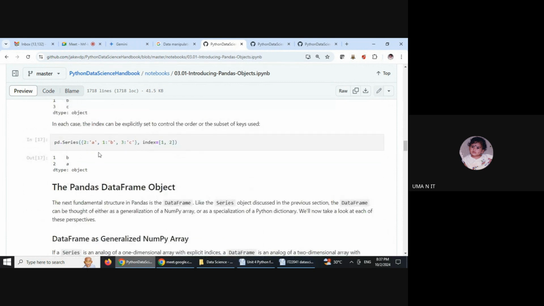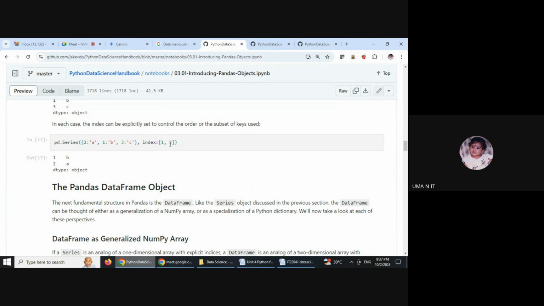And in any case, the index can be explicitly set to control the order or the subset of keys used. We are given a dictionary, but we can fix only 1 and 2 as the index values.